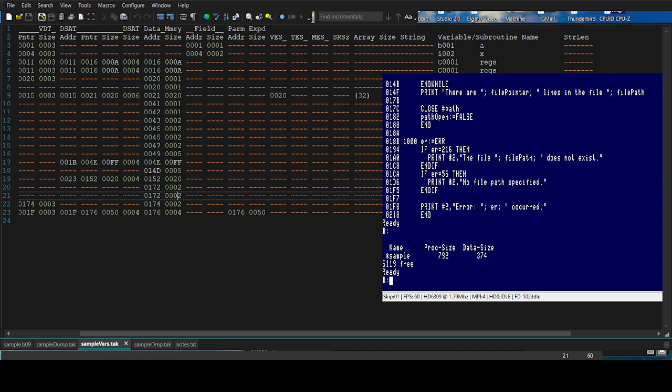Now then, after that comes the named subroutine, which is syscall. And you notice its size is only 2 because all it is, is a pointer. That's all it is. It's a pointer that points to where